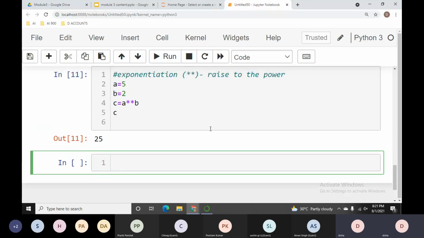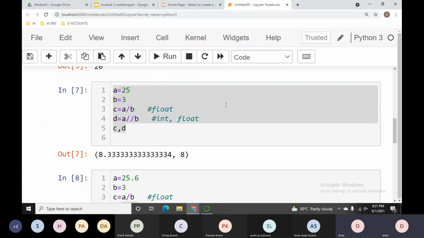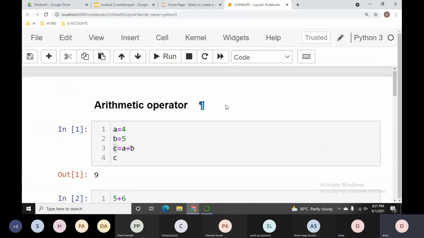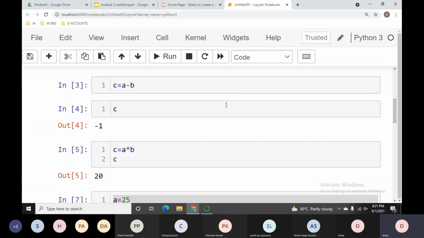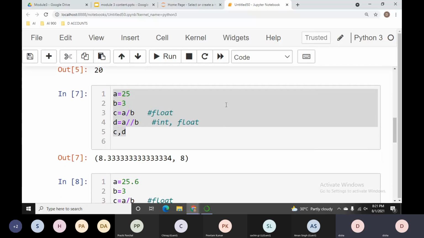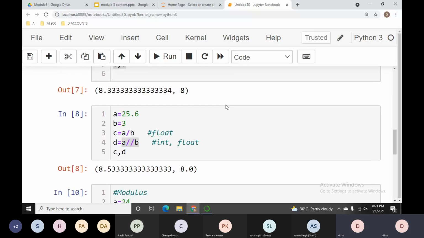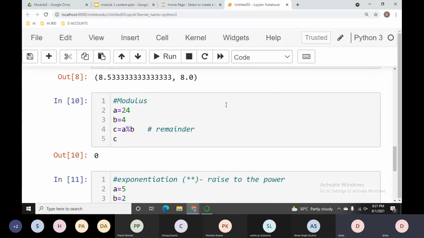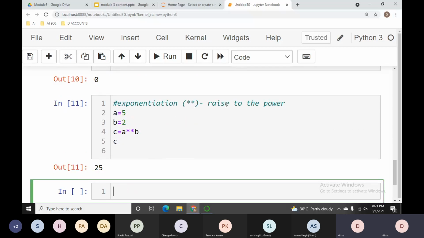So I think arithmetic operators are clear with you all. We are done with all arithmetic operators: the division operator, floor division operator and the difference between them, then the modulus operator, and the last was the exponentiation, that was raised to the power. Okay. Now,